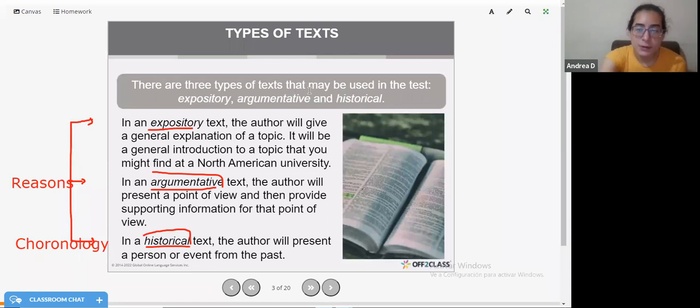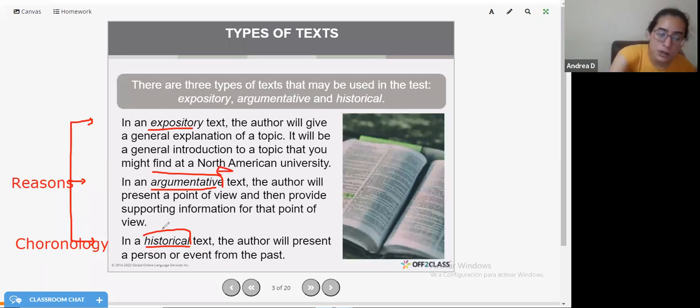Okay, so for example, if you know it's an argumentative lecture, then you know you're going to be expecting reasons, so evidence supporting something. So when you're taking your notes, you're going to be like, okay, reason one, it's cheaper. Probably you will have more details, like an example of why it's cheaper. So you will have maybe the name of this nuclear center. So you're going to be looking for those reasons and expecting them.